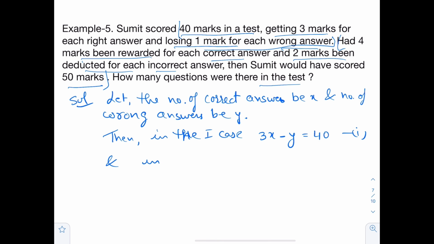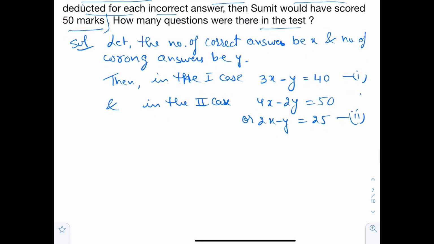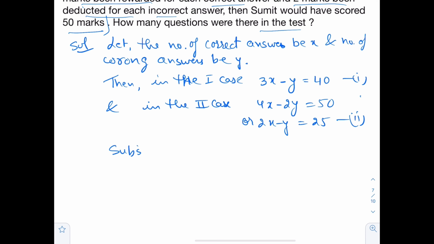And in the second case, 4 marks for right answer, so 4x minus 2 marks for wrong answer, 2y, it gives 50. Or you can write 2x minus y equal to 25. So this is equation number 2. Subtracting 2 from equation number 1, we get